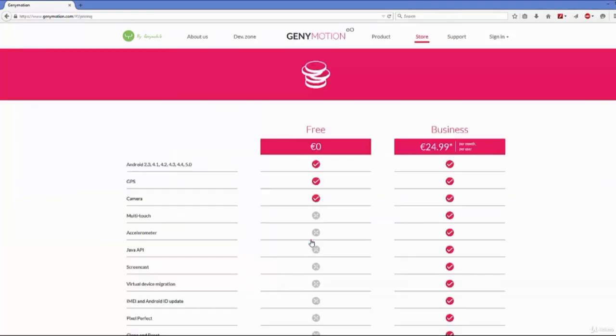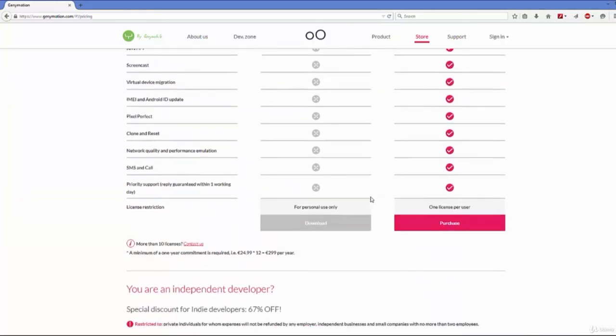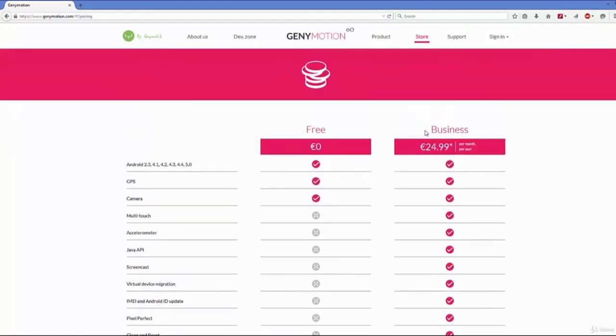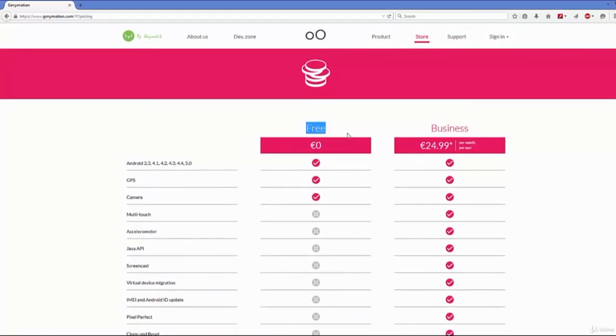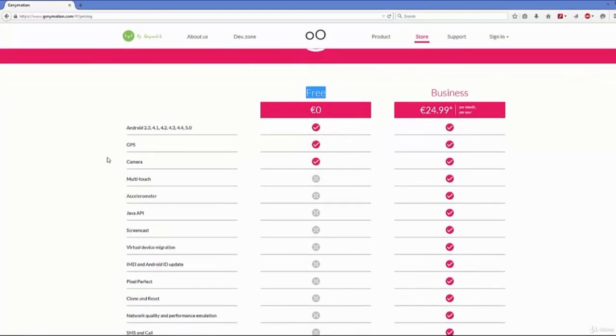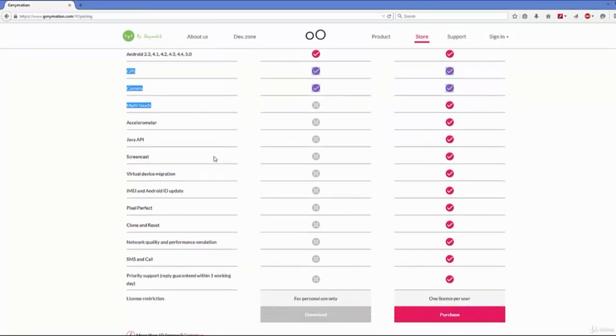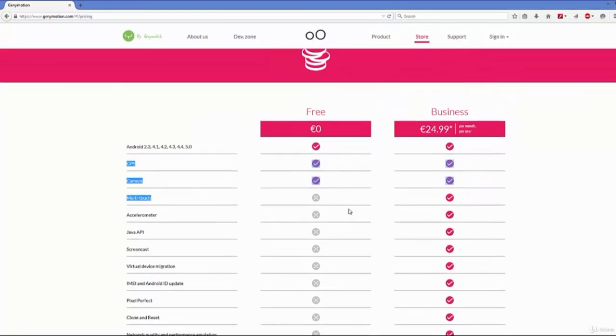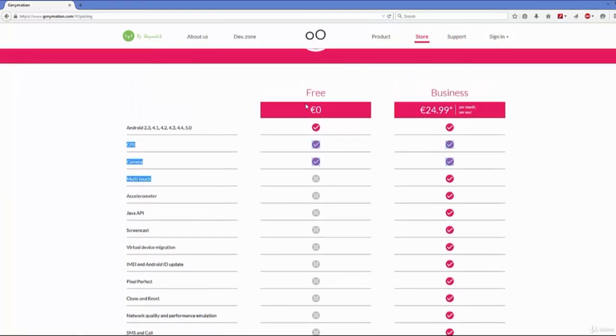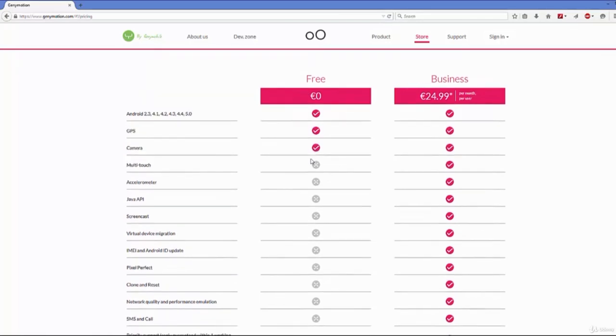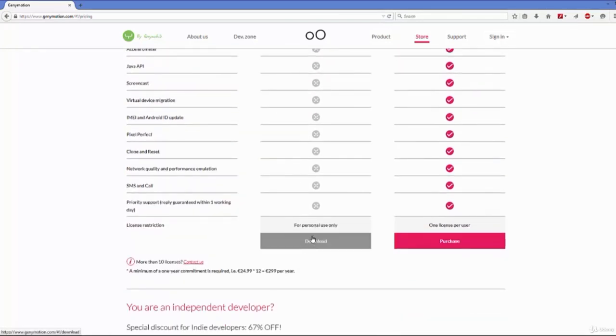Get Genymotion. And in here there are two versions available for Genymotion. One is the business version and another is the free version, right? So for learning purposes we just want this free version. We don't want to use the business version. So we are going to use this free version and download it. So just click this link below the free